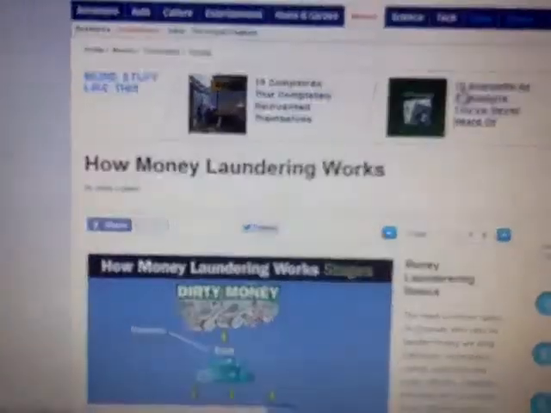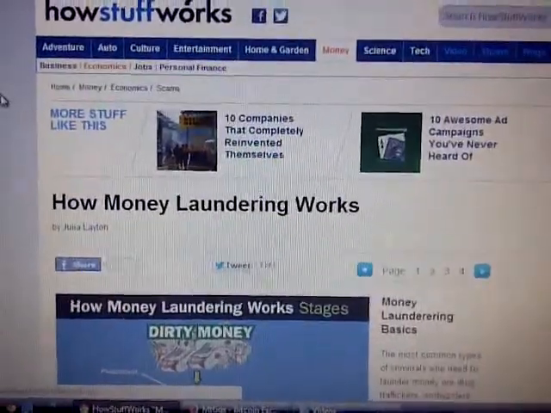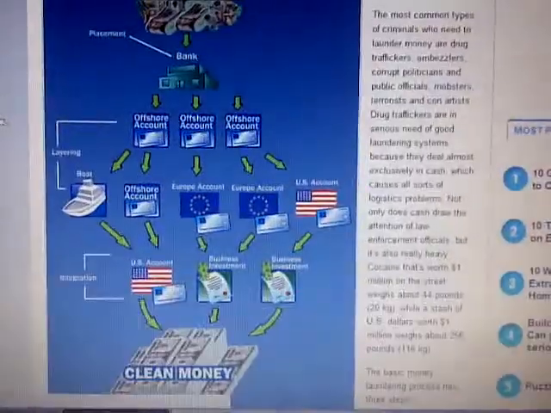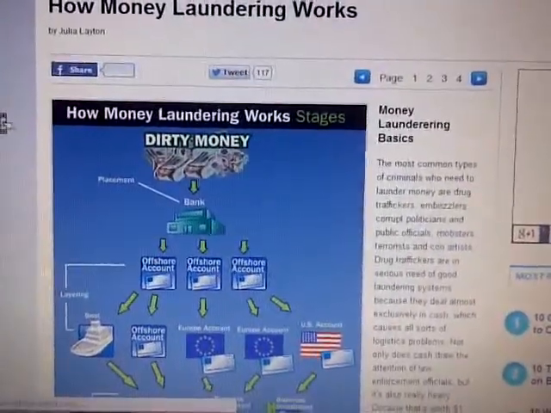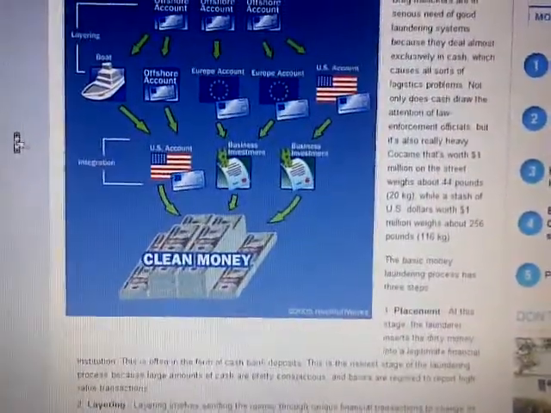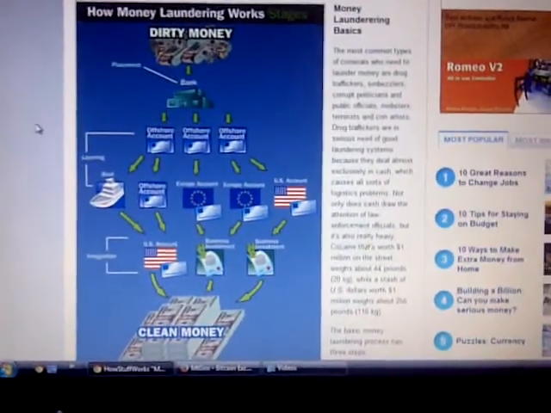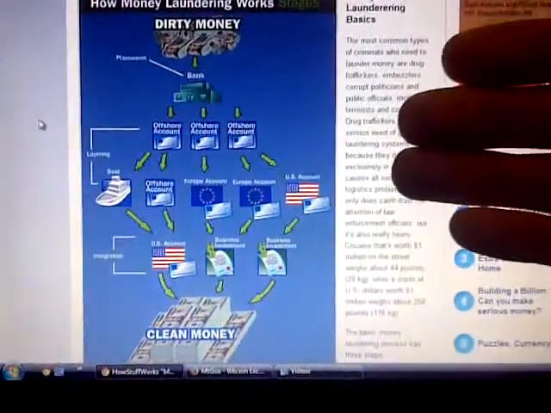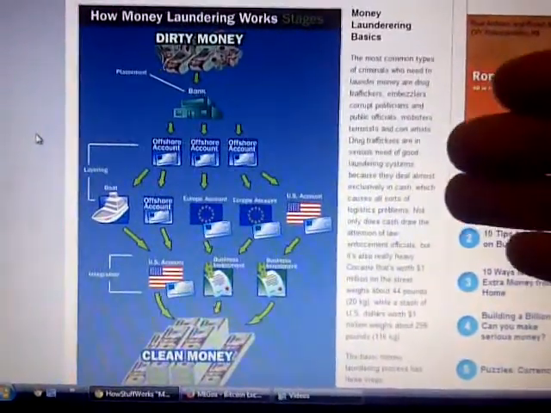Not that I'm saying people should learn how to launder money, but it's informative for people who are wondering what the hell is money laundering and what does that have to do with Bitcoin. From what I could tell, you can read this. This is kind of like a graph of how they talk about money laundering. Let me pull back here a little. So basically, money laundering, by some definition, is a process of